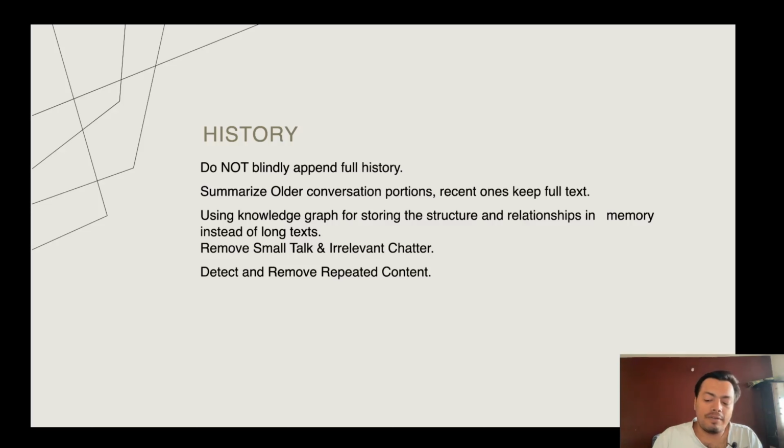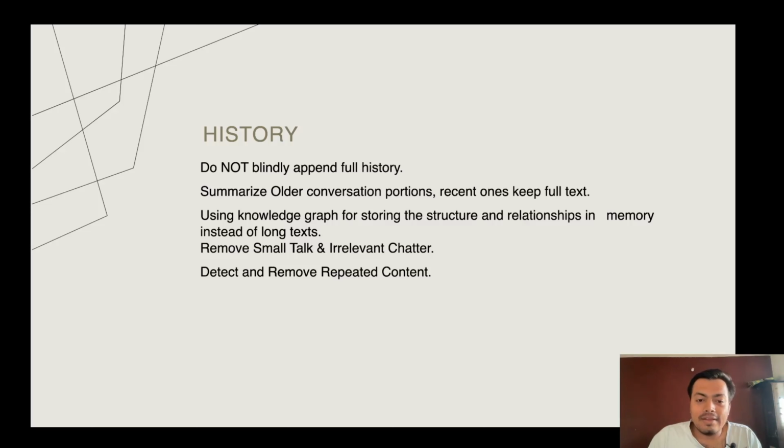It takes a lot of space in our context tokens. Then we need to keep it small and remove irrelevant things, and we need to remove repeated things also. In a conversational AI assistant, history is the biggest reason for the context window getting full, and this is really